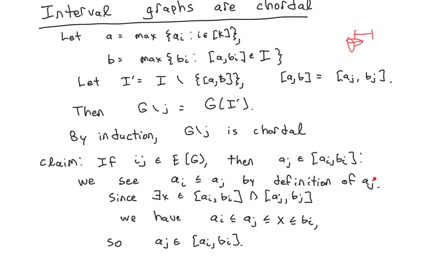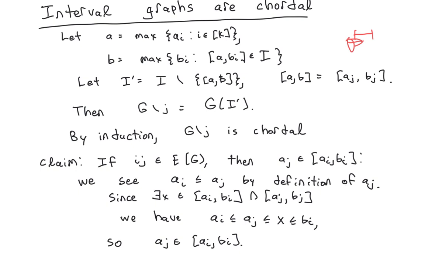So by definition of a_j, a_i has to be less than or equal to a_j. And because of the fact we have an edge between I and J, the ith interval and the jth interval have to intersect. So there has to be a point x in the intersection. Since this point is in the interval [a_j, b_j], x has to be greater than or equal to a_j. Since it's in [a_i, b_i], it has to be less than or equal to b_i. And as already noted, a_i is less than or equal to a_j. So now I see a_j is trapped between a_i and b_i,